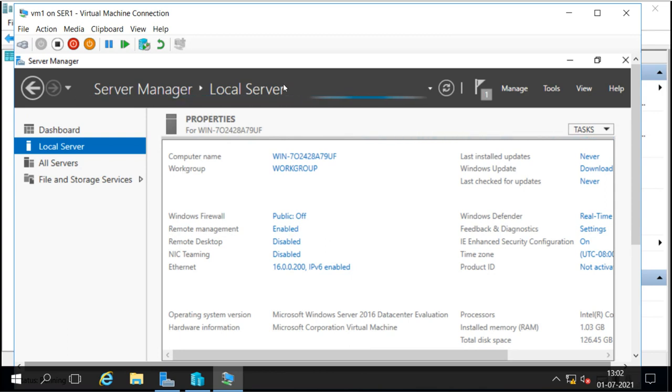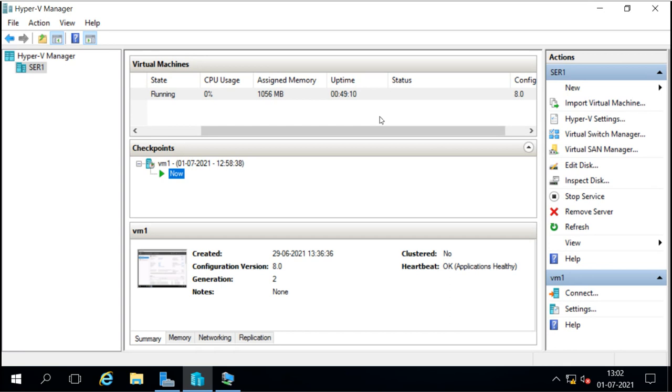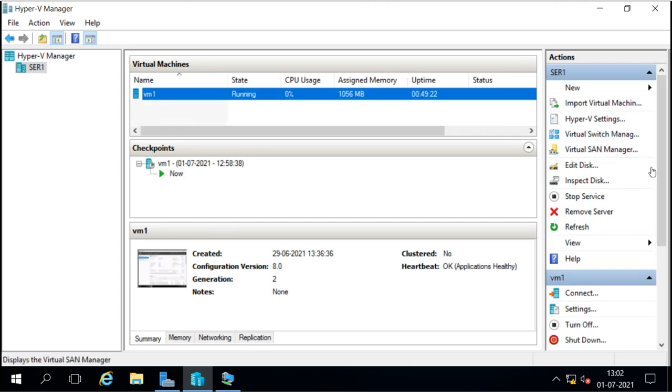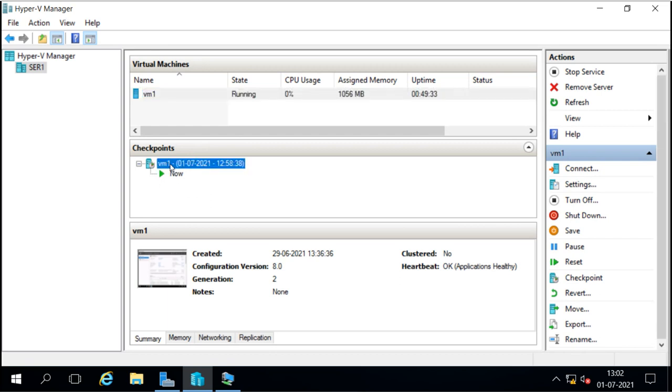If we want to go back to the previous checkpoint, we have this option available here. It says revert. Revert means it will go back to the previous checkpoint, whatever checkpoint we have. If we have multiple checkpoints, we can go to this checkpoint tab and select which checkpoint we want to go back to, because when you do revert only, it will only take you back to the previous checkpoint. Now I will select this one,